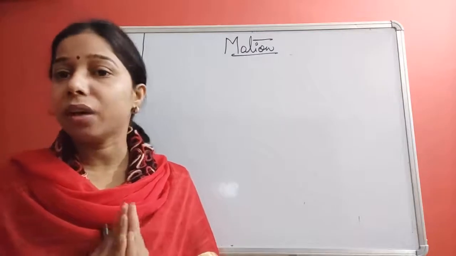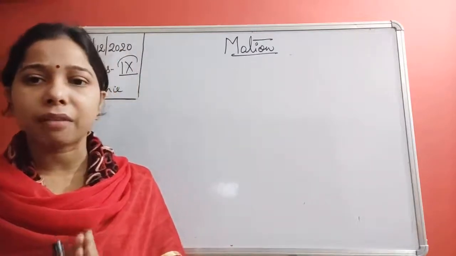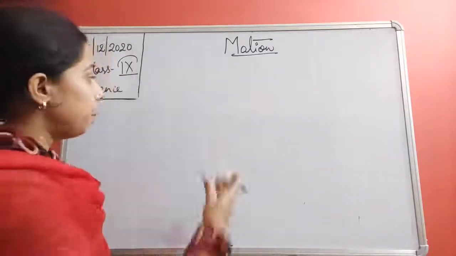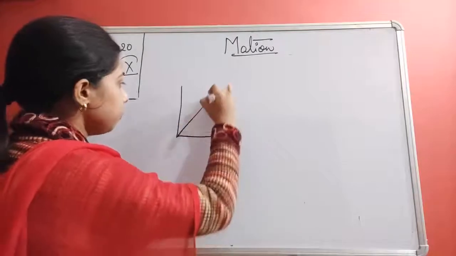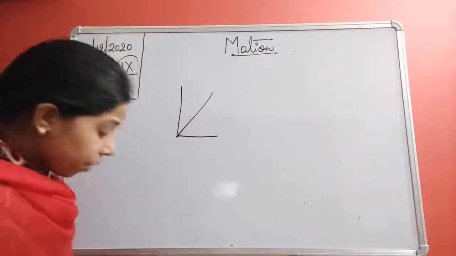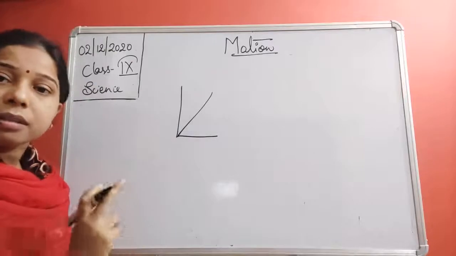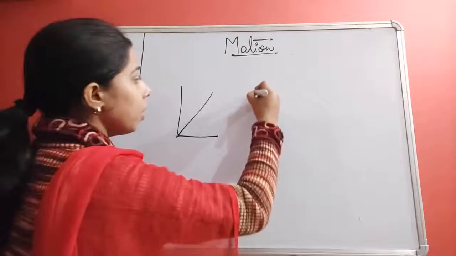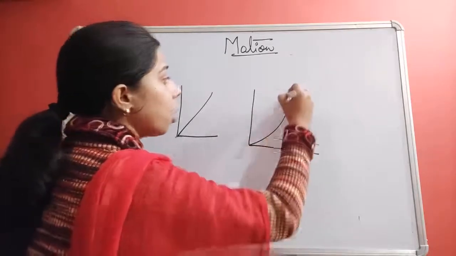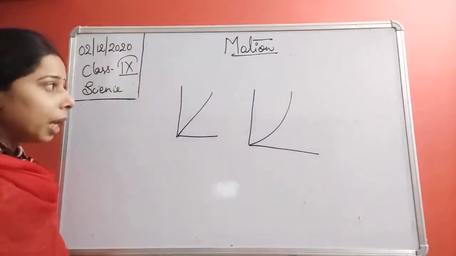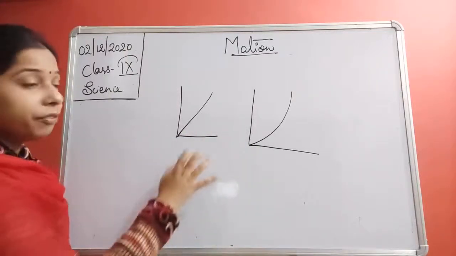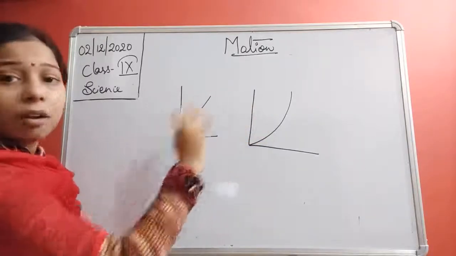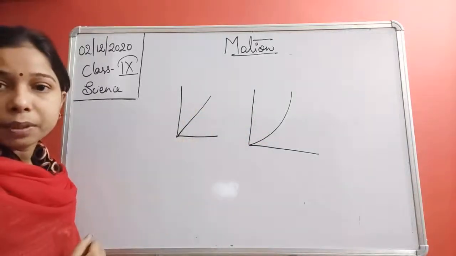Now, if we talk about the distance time graph, if an object is moving with equal distance in an equal interval of time, we know that it is traveling with a uniform speed. And at that time, the graph will be a straight line. And if the object is moving with unequal distance in equal intervals of time, it means non-uniform motion, and the object will show a curved line. So with the help of these two, we understand that if it is a straight line, it is a uniform speed, and if it is a curved line, it is a non-uniform speed.